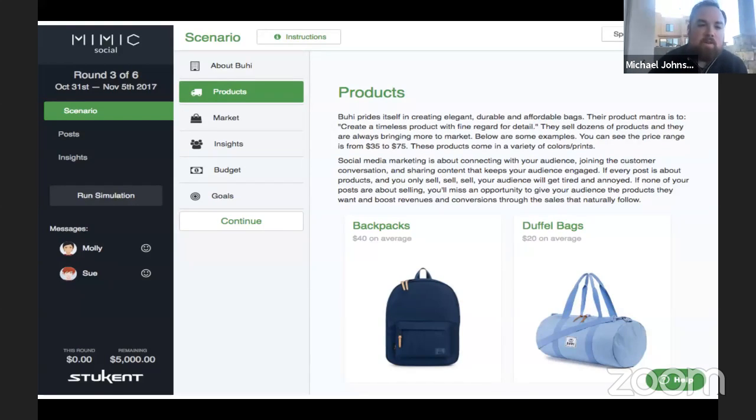On the next tab, you'll go from About Buoy to the products. You'll be able to see an overview of the different products that Buoy sells. They sell dozens of products, and they're always bringing more to market. You can see the prices range from $35 to $75, and they come in a variety